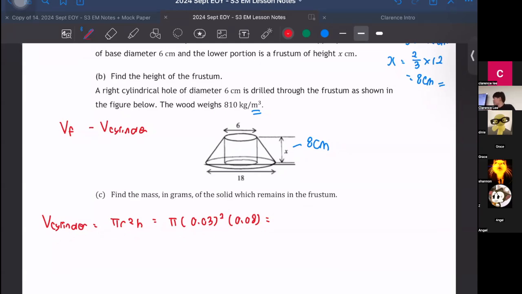Then you use 5SF for your working. But now there's a pi, you can always leave it in terms of pi. So how to key this in the calculator? Just press the number portion. So 0.03 squared times 0.08 and you will get